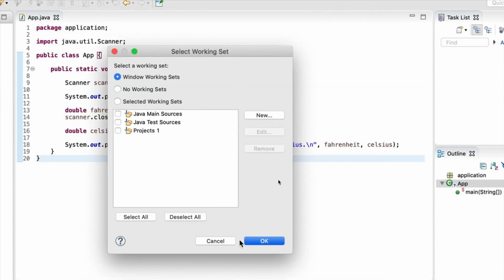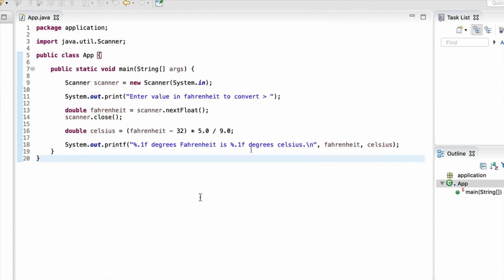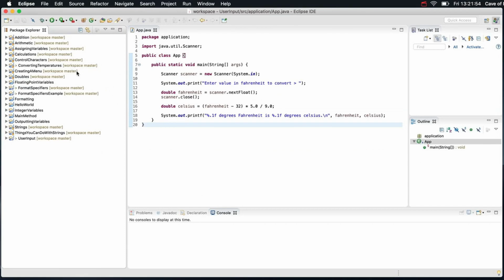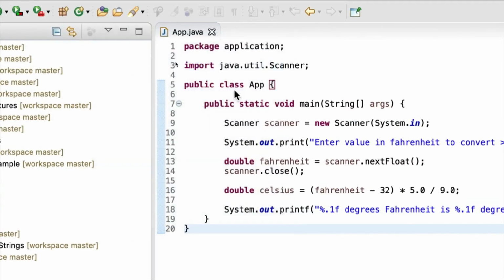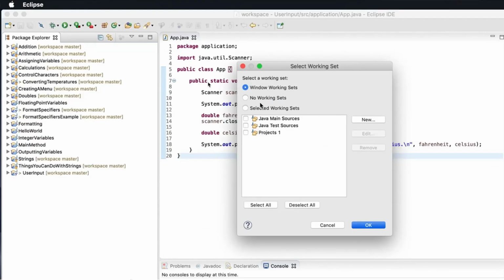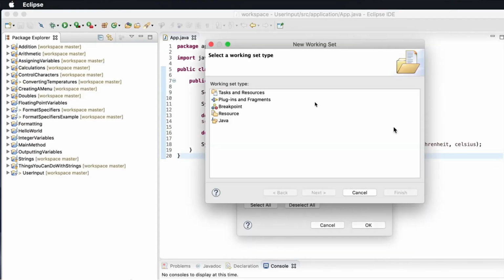So I'm back on this dialog here. If I click OK, nothing's changed. But let's do that again and create another working set. Let's click the down arrow and go to Select Working Set. And again, I'm going to click New,